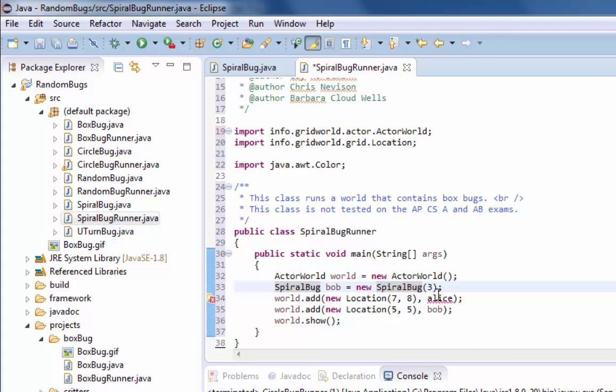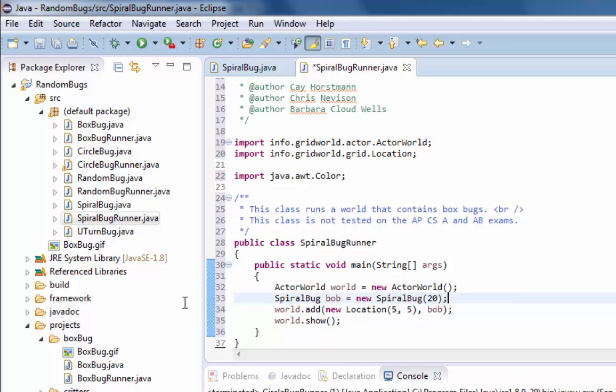Spiral Bug. We're going to make a much bigger spiral because 3 is going to be tiny. So we'll make one that's 20 to start, and Alice doesn't exist, so I got to take out that line too. And then we'll move it down to like the 10th row, and then the 0 column. So we're going to add Bob here to the stage, and that ought to do it, except for one thing,